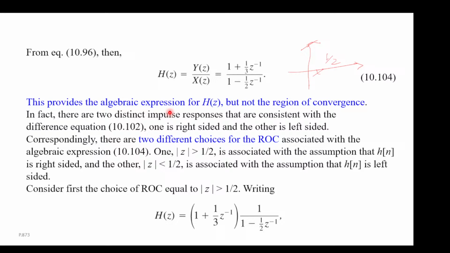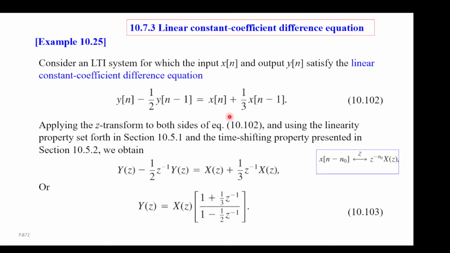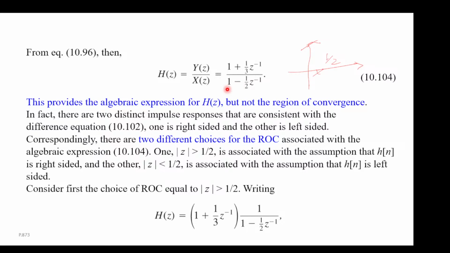Just like the Laplace transform, from a differential or difference equation you can get the system function. But that only gives you the algebraic part of the system function. If you want to tell the actual system function, including the ROC, you need other conditions to specify it. So there are two possible ROCs, and if the ROC is z greater than 1/2, as we said, there is a pole at z equal to 1/2,